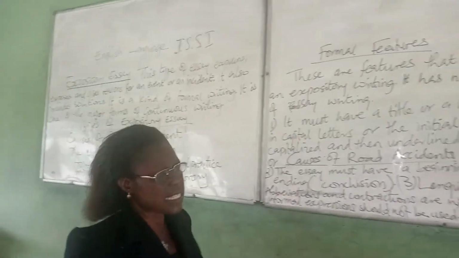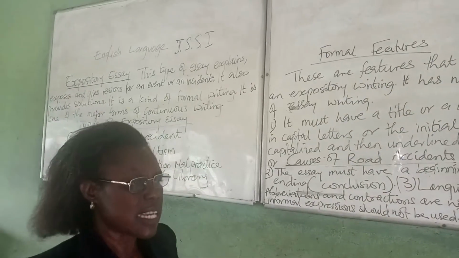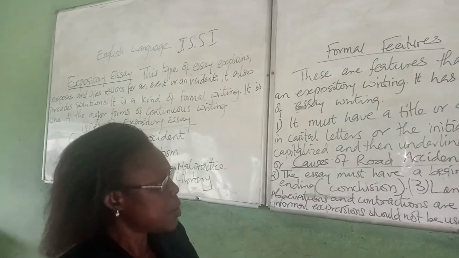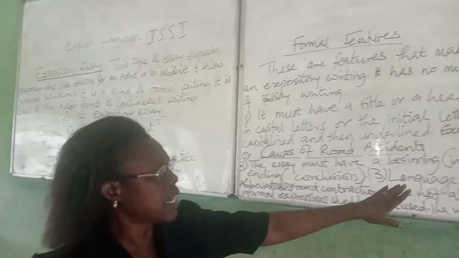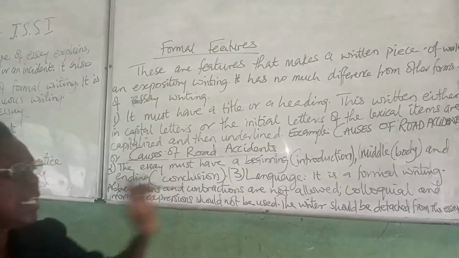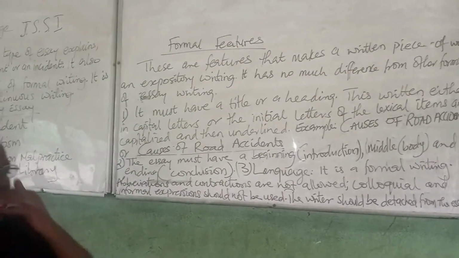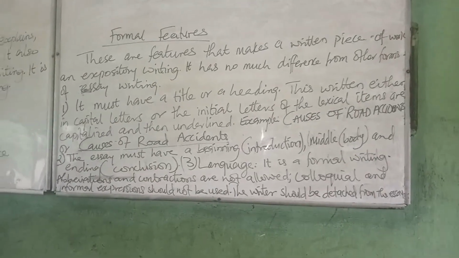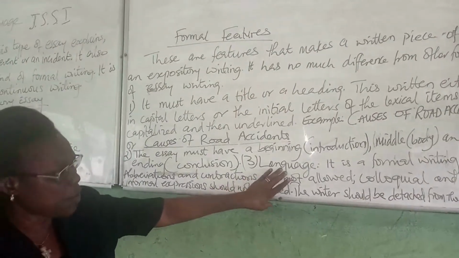And in writing an essay like this, make sure you have at least 3 points you discuss very well. Don't just list them and clump them together. Pick one after the other. Then the language. The language has to be formal, and our sentences have to be simple and complex sentences. Then, in using the formal language,